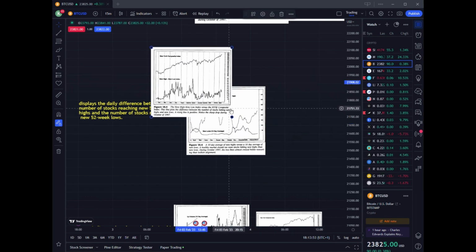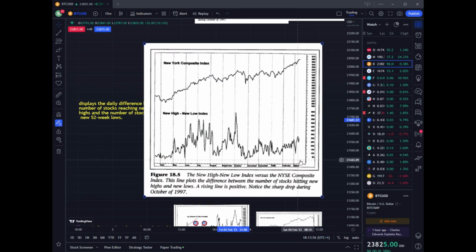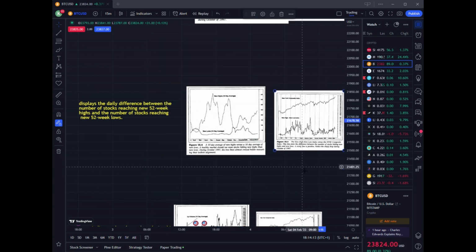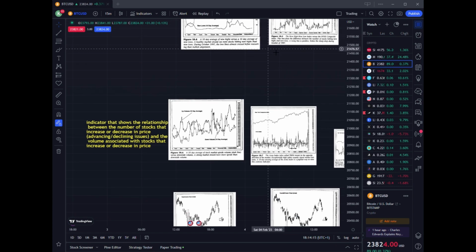Let me see. There's another one, which shows the New York Composite Index versus the NYCE Composite Index, and you can see the difference between the number of stocks hitting new highs and new lows. Yeah, not sure what to make of this. It's just there. You can use it, but of course, you're not going to be able to do it